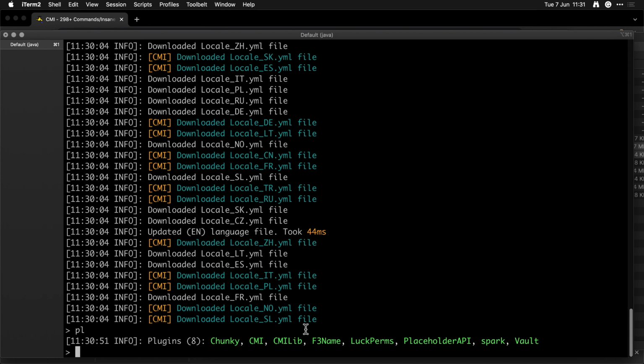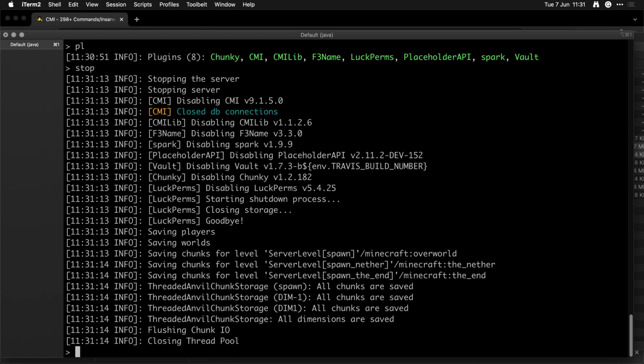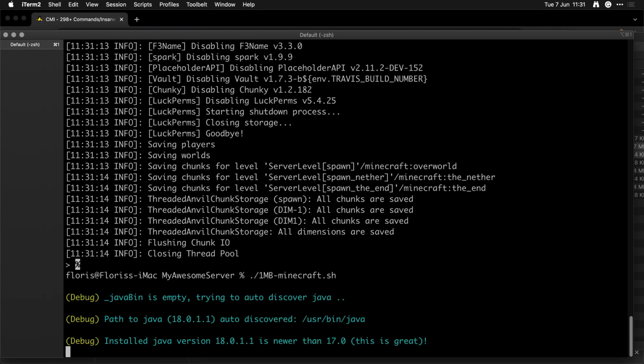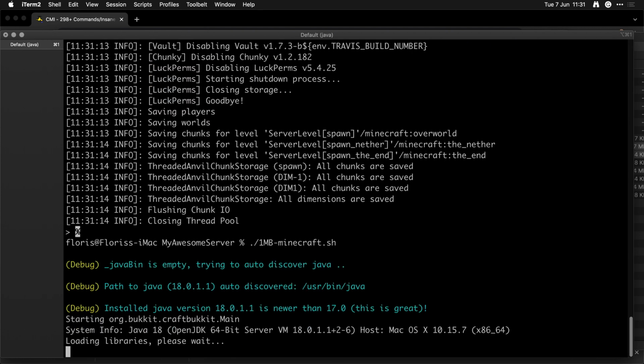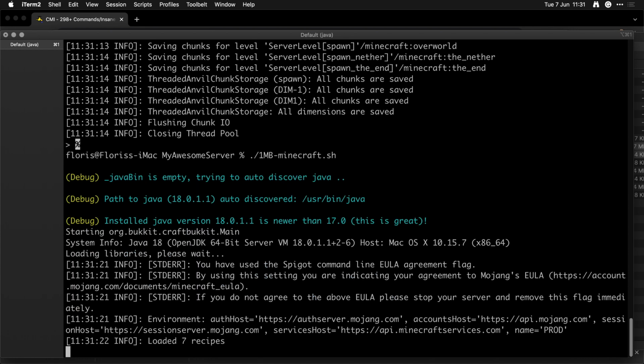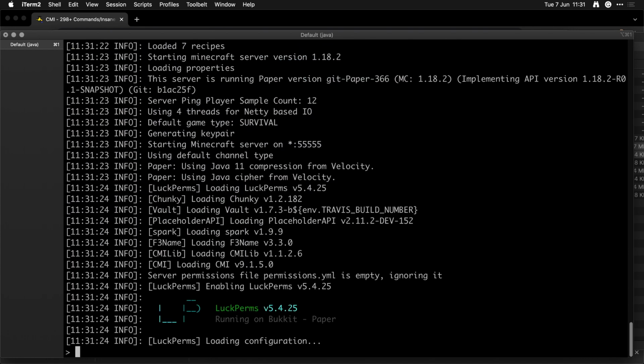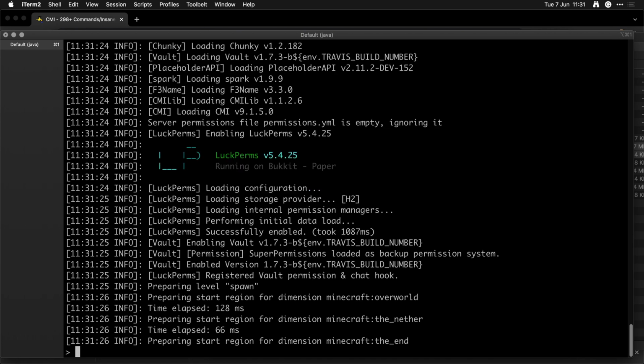So now we could start and log in to the server, but I strongly recommend finishing the installation first by just typing stop and then starting the server again. This way it's not a first-time installation. Now we can actually see what happens when we start the server as if we would start it the next